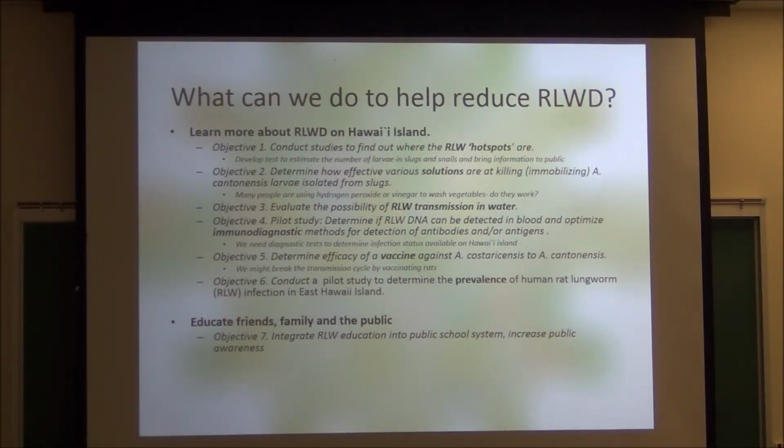So this summer I'm going to try that in humans as well. This paper just got accepted at PLOS ONE, so that'll be coming out, to determine the efficacy of the vaccine. And I should say here, we're also optimizing immunodiagnostic methods and working with a lady from